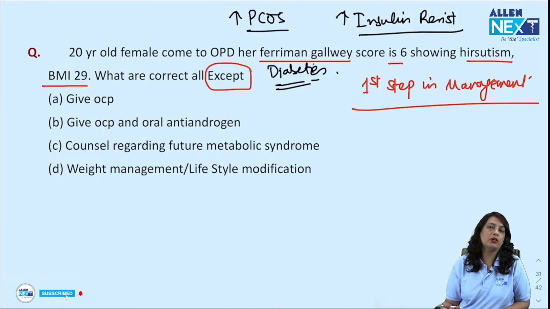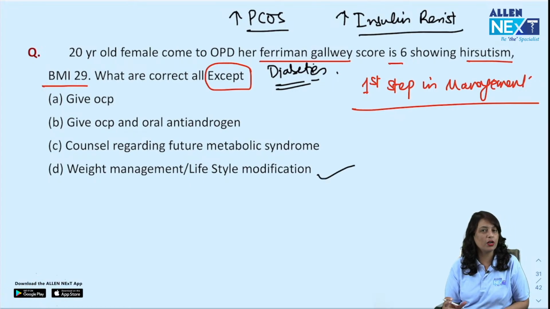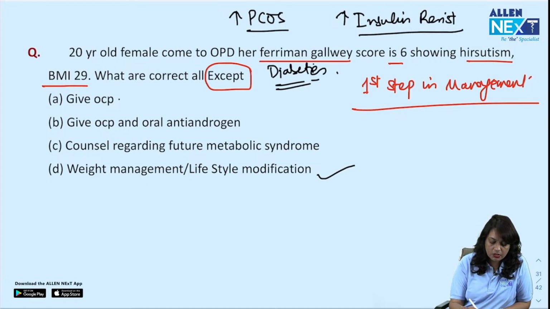So if it is asked what is the first line or best management, first line management will be lifestyle modification or weight reduction. But if the question is all of the following are correct except, then OCPs,